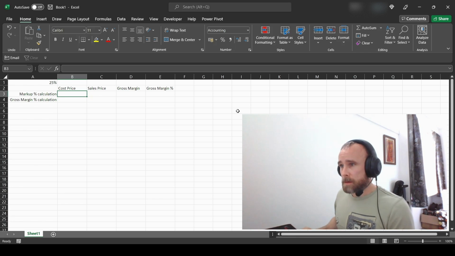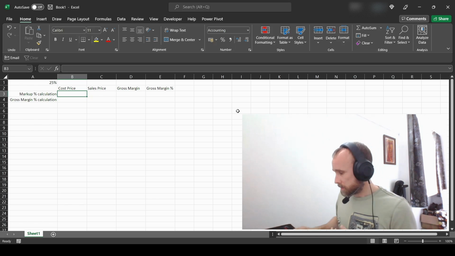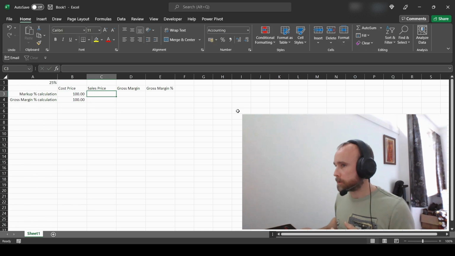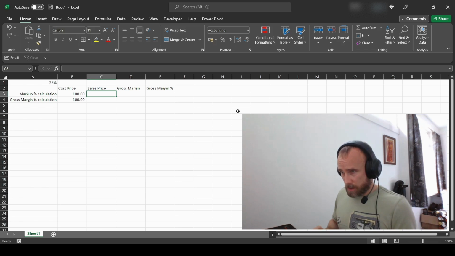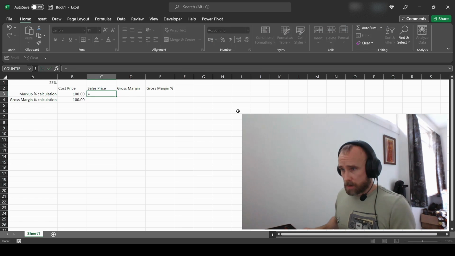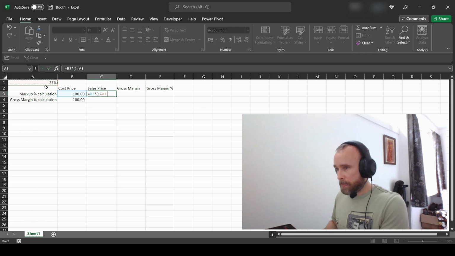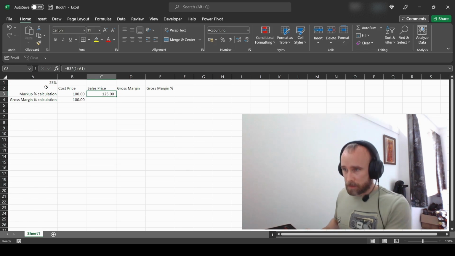So when I was doing this demo for the salesperson at the time, I used a nice round cost price figure, so we'll use £100 or €100, $100, Bitcoin, whatever you want it to be. And then the sales price formula would be, equals cost price multiplied by 1 plus the percentage. So in this instance it would be the cost price times by 1.25,